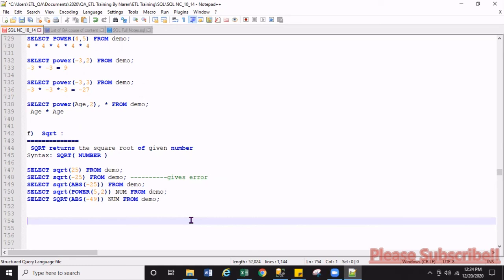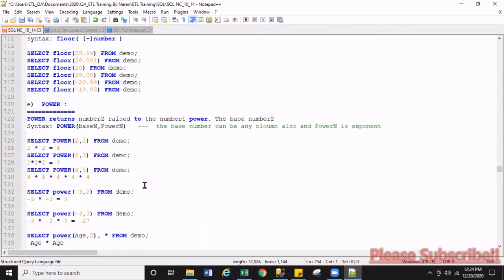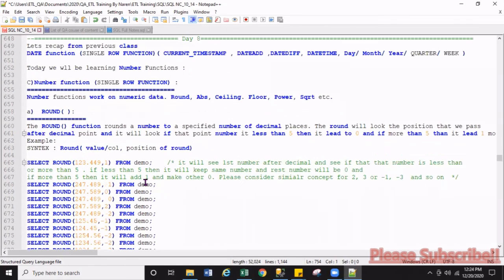So I hope you guys understand. From today's class, let's recap what we have learned. We have run the number functions, and there are six types of number functions that we have learned. There are many types, but as you are working in SQL Server, some functions might not work in SQL Server, like the TRUNC function. But we already learned the TRIM functions. Trim also helps to trim a number or a character.